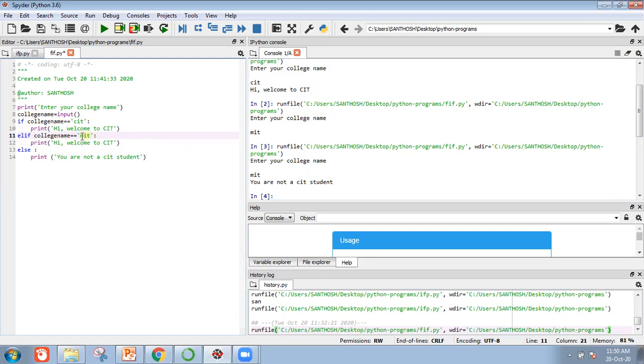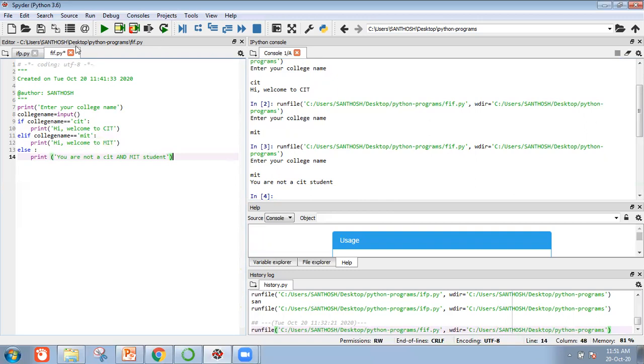If it is MIT, then it will print welcome to MIT. Next, how do you type your else statement? Else, you are neither a CIT nor an MIT student. Like this statement I will print.